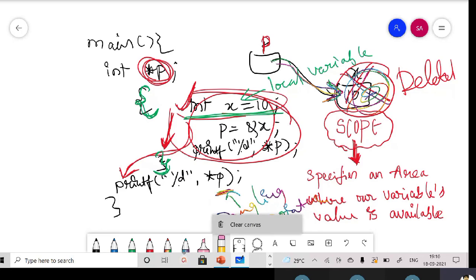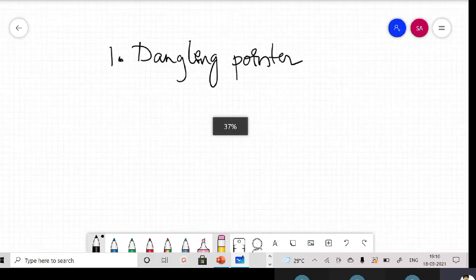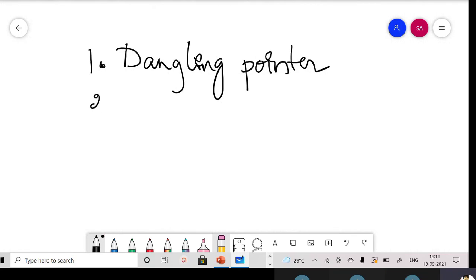Okay, do you have any idea about types of pointers in C? What are the different types of pointers, ma? Just now we have seen a pointer known as a dangling pointer, right? Yes, sir. Okay, so there is another pointer called void pointer. Have you heard this name?